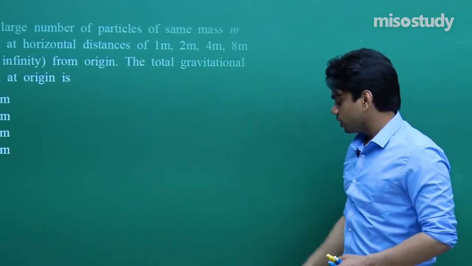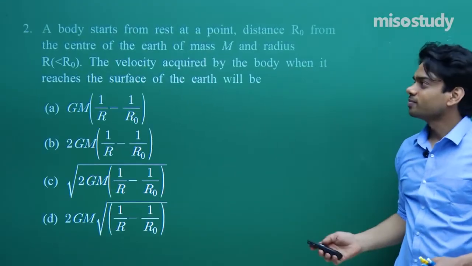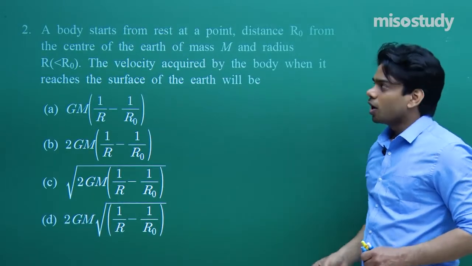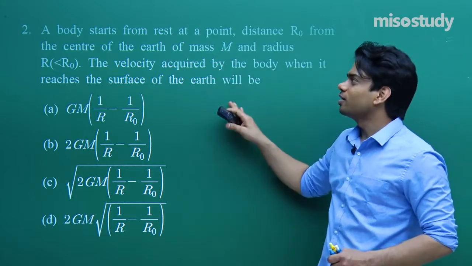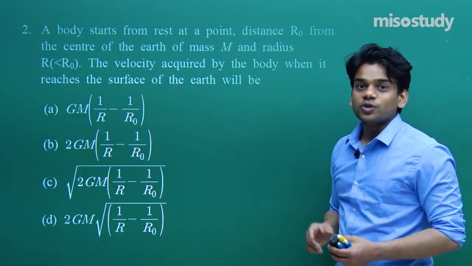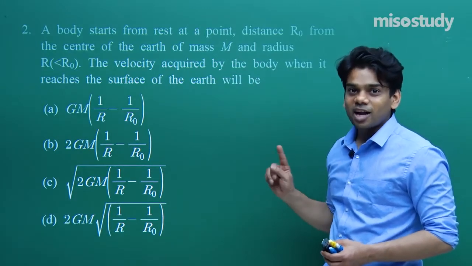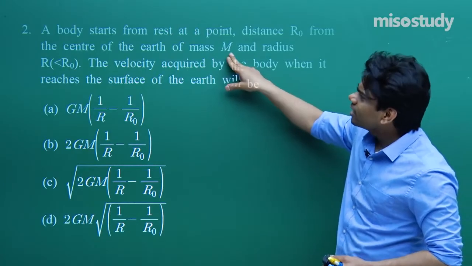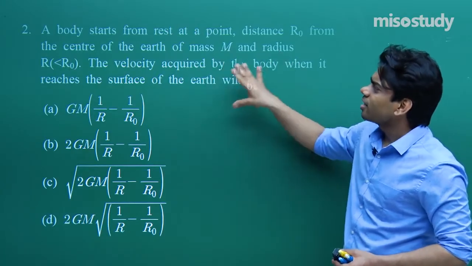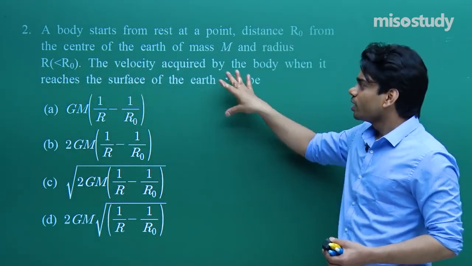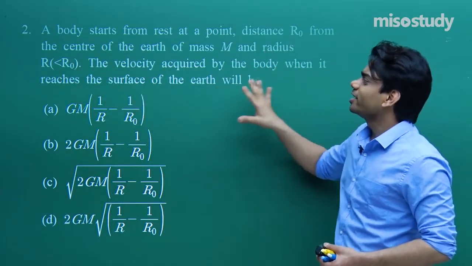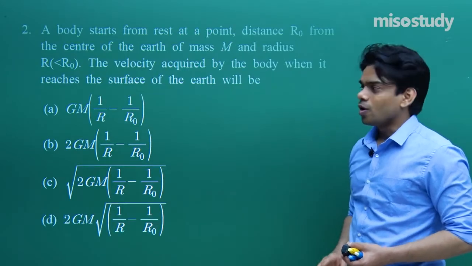And let's switch to the next question of the day. Question number 2. A body starts from rest at a point distance r0 from the center of the earth of mass m. So you see that body starting at a distance r0 from the center of the earth, and the mass of earth is m, and r is the radius of earth, less than r0. The velocity acquired by the body when it reaches the surface of earth will be